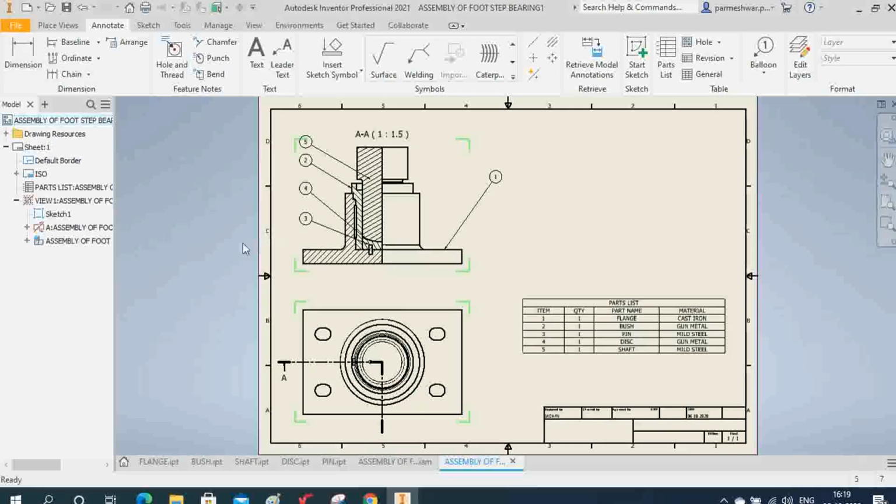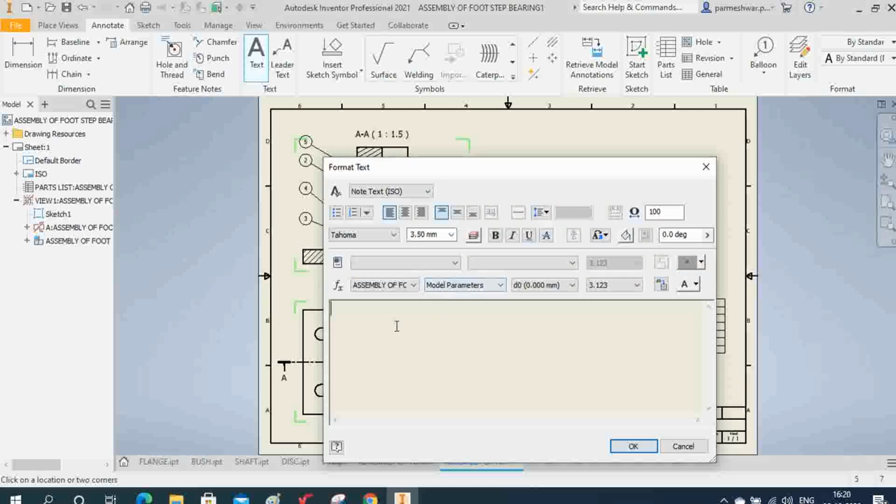Now to convert this into the PDF, let us now before that let me give the names here. What is it? It is sectional front view. So for that, text, I want text here, so make a rectangle here like this, right? Now here you can write sectional front view.